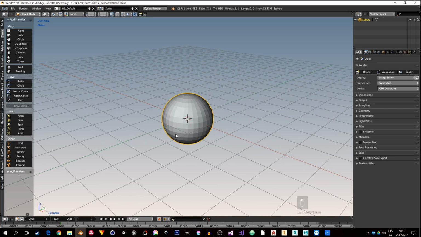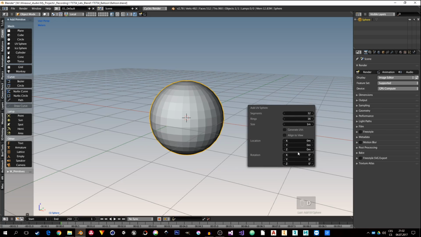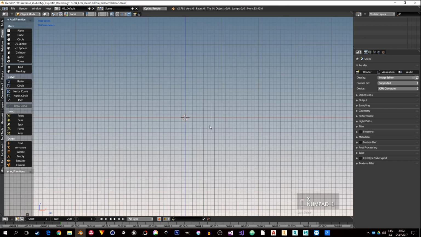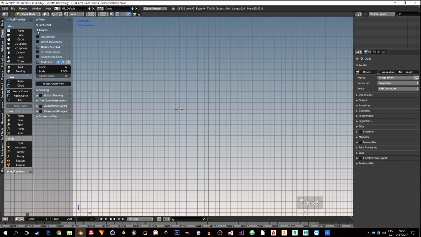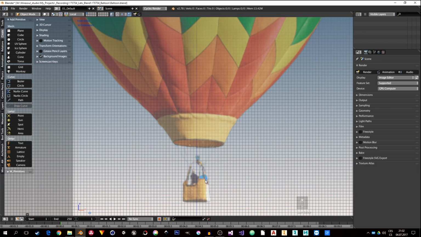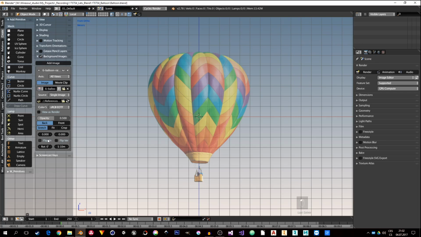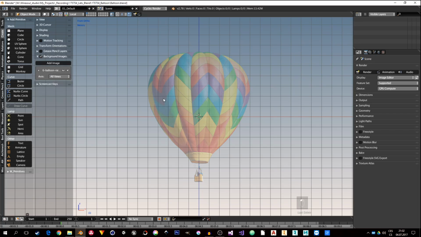For example, I will create this sphere, and if I want to change the parameters, I'm hitting D for this menu, and that's definitely not what you have set in your default Blender. Okay, well, I will definitely start with my reference images. Where are they? Oh, I don't need this. This will be enough. Okay, here is some person, so it should be somewhere around a meter and a half or less than 2 meters for this person, and it's actually kind of close, so I will not change the size of this image. The center is pretty much aligned. I will just move it to the front and bring down the opacity a little bit,